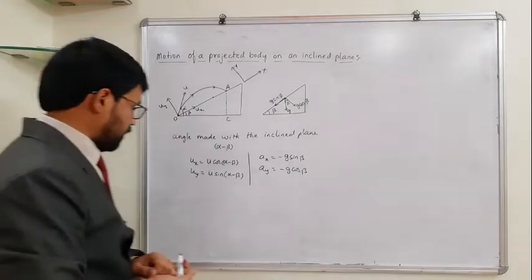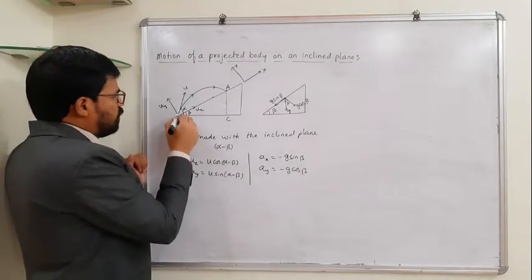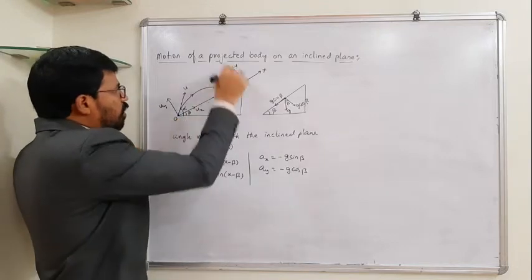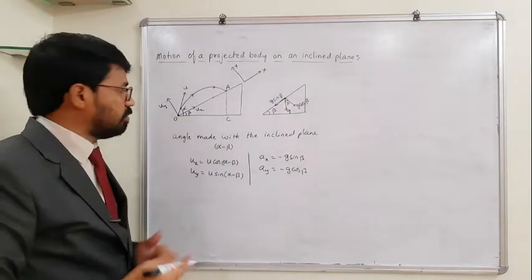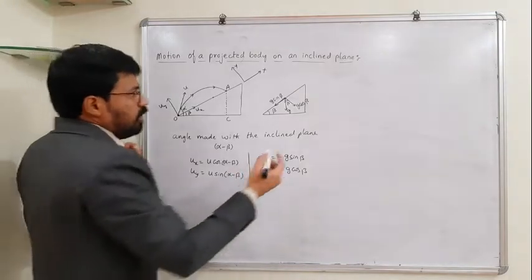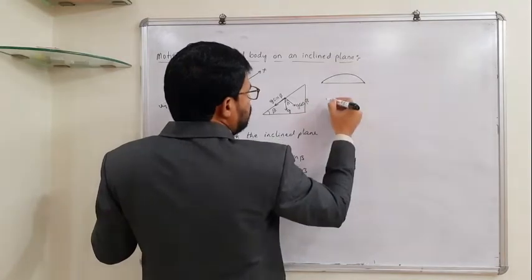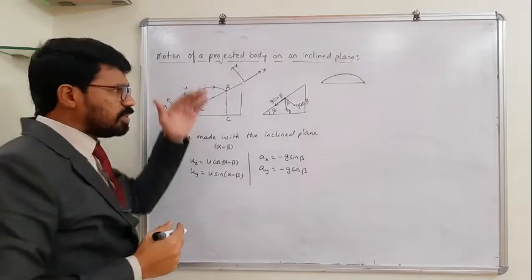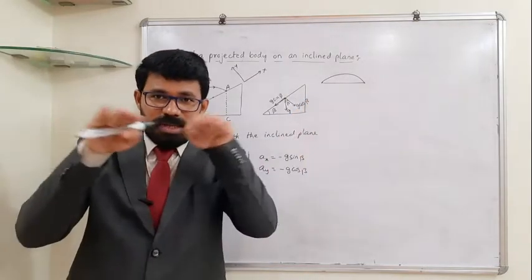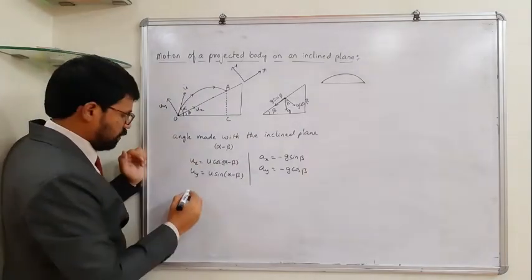Okay, let us first try to find out what time of flight is. Before I start with the time of flight, I want you to understand one more point. If you take this as the initial point and this as the final point, along the y direction, what is the displacement? There is no displacement, it's zero, isn't it? For example, if you take an oblique projectile, projected from here and striking here, how much is the vertical displacement in this case? Zero, because the initial and final positions are both at the same level. So vertical displacement will be zero.